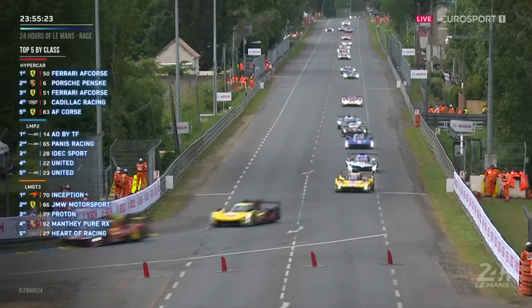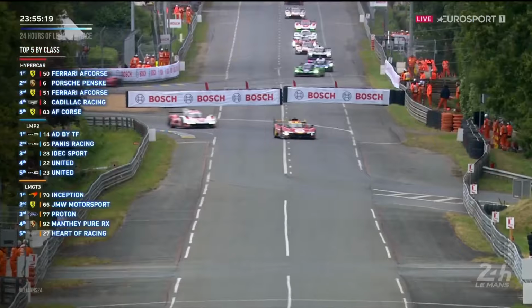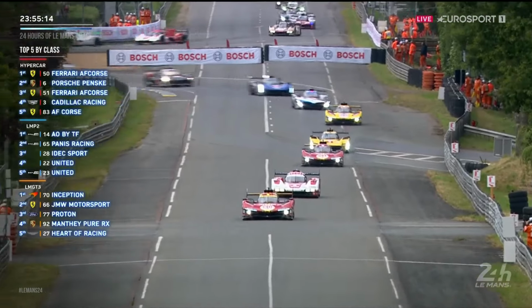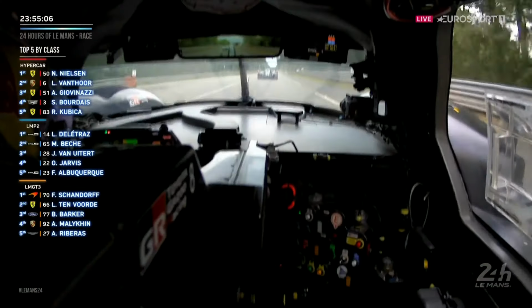So a move for third position then, and taken nicely. Antonio Giovinazzi doesn't want to let his teammate get too far away. Both Ferraris on the front foot at the start of this one. Let's not get too carried away, though. This is a marathon and not a sprint. And every single car in the hypercar field in 2023